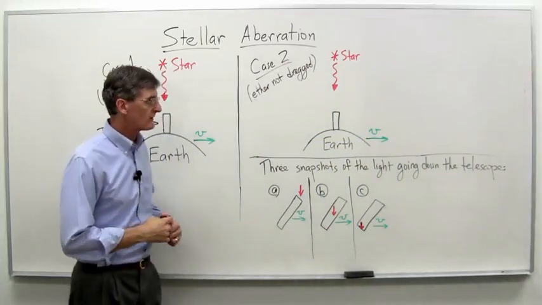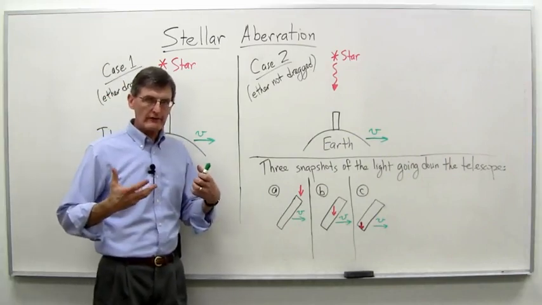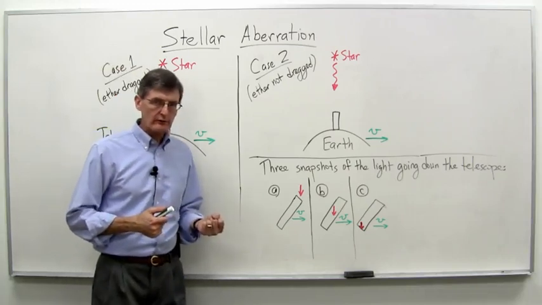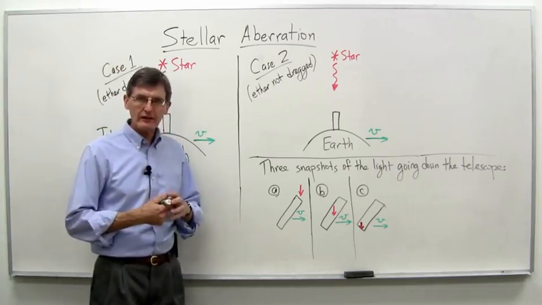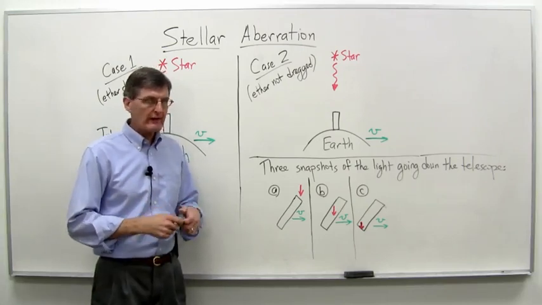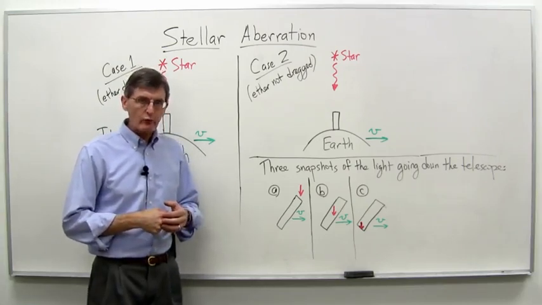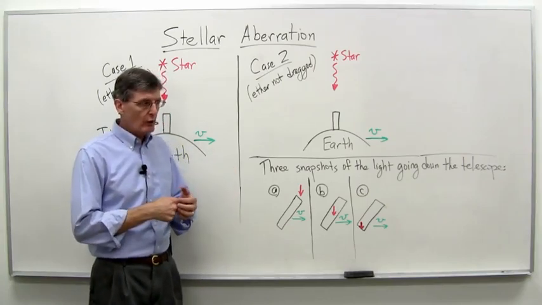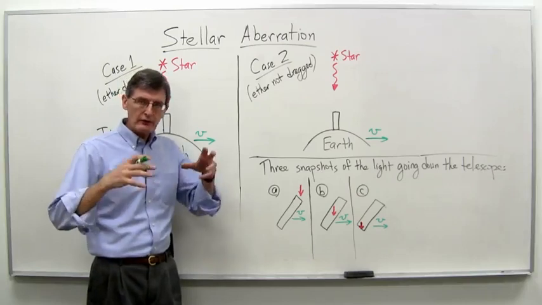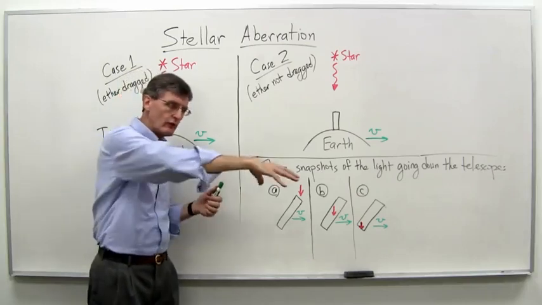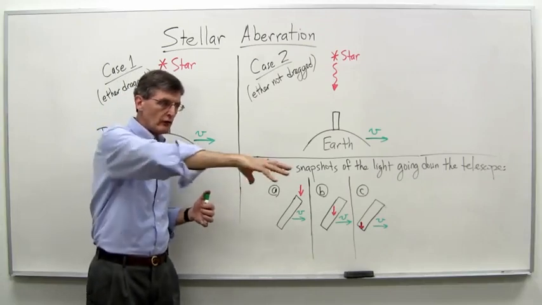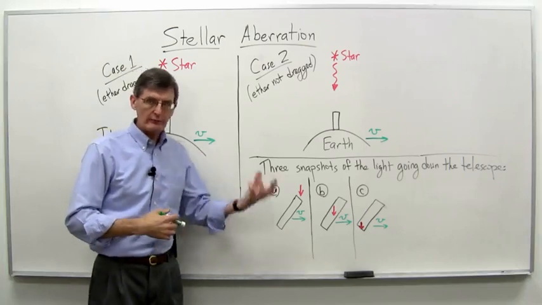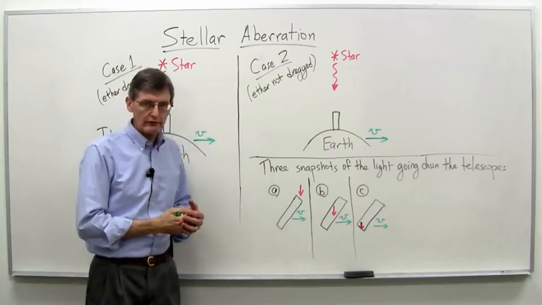Now let's talk about stellar aberration. Remember the key background here is that the Michelson-Morley experiment, the goal of which was to detect the influence of the ether wind on the speed of light, came up with a null result. And one very surprising result, one possible explanation for that surprising result was that maybe somehow the Earth dragged the ether along with it as it went around the sun. So that there would be no ether wind, no ether breeze that could be felt, in this case by light, at the surface of the Earth.